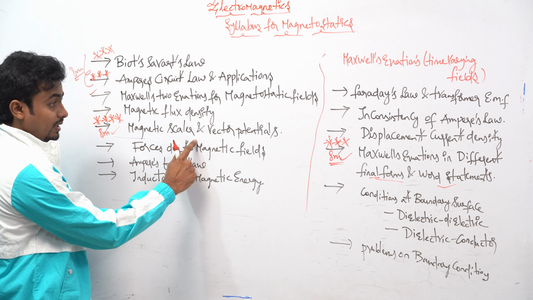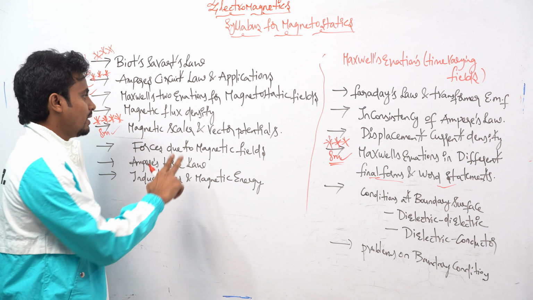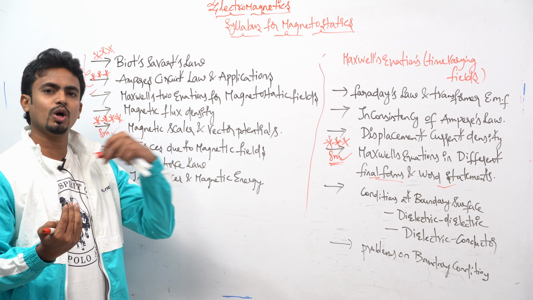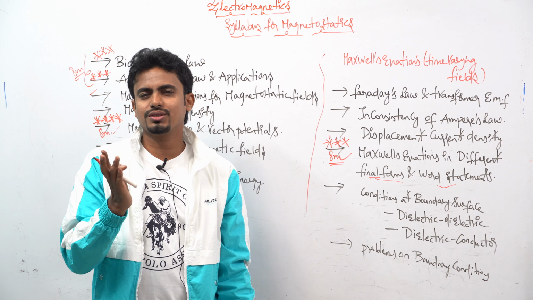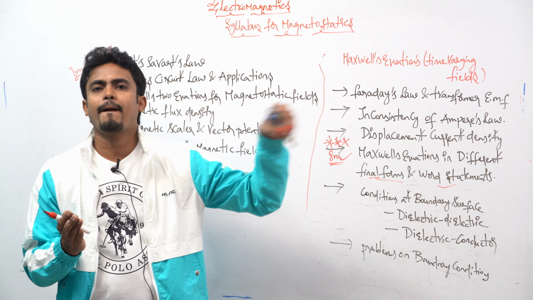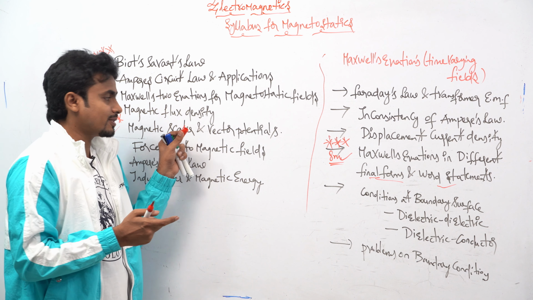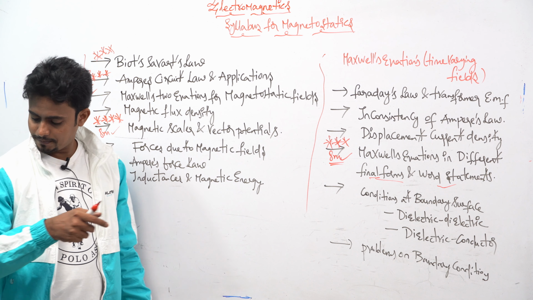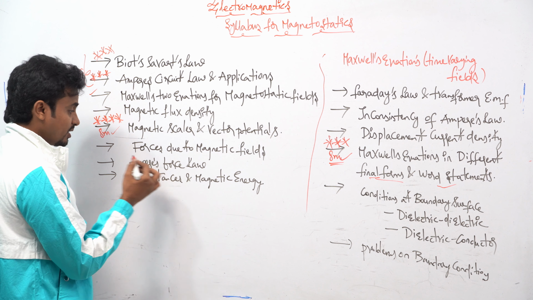Here, this is also very important. But compared to the GATE examination point of view, this concept is not that important; so many questions can't be asked, but maybe 1 to 2 or 2 to 3 questions if you look at the past 5 to 6 years. But in your university examination, they regularly try to ask this concept, magnetic scalar and vector potential. Those results are important. And similarly, forces due to magnetic fields, not that important, and Ampere's force law.